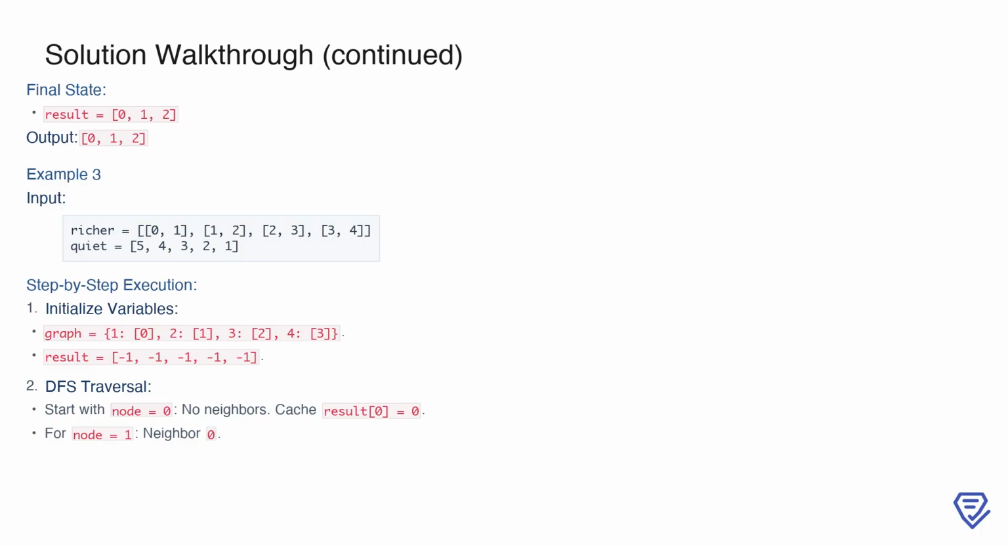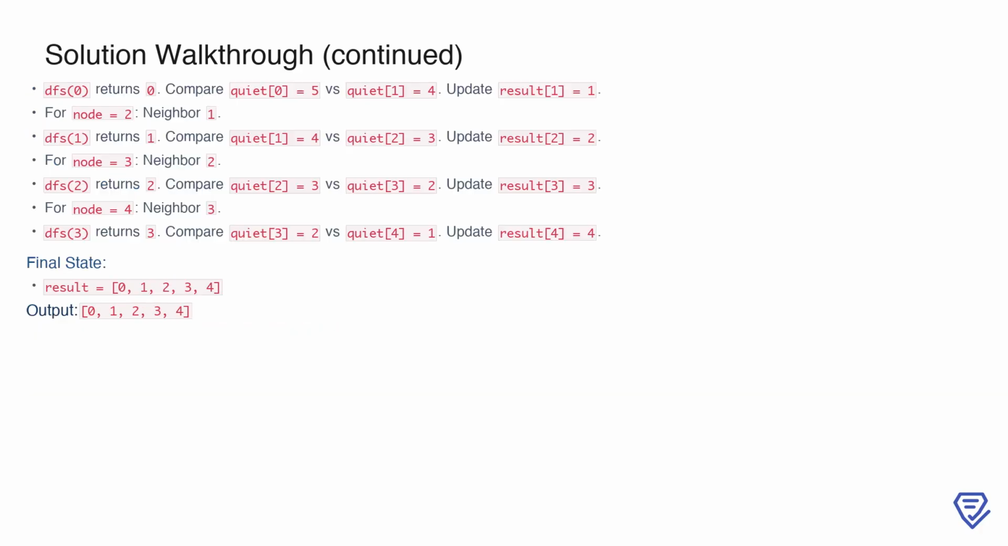Starting with node equals 0, we see it has no neighbors, so we cache result 0 equals 0. For node equals 1, we observe it has a neighbor, node 0, so we call DFS 0, which returns 0. Comparing the quiet values quiet 0 equals 5 and quiet 1 equals 4, we update the quietest person to node 1 and cache result 1 equals 1. For node equals 2, its neighbor, node 1, requires DFS 1, which returns 1. Comparing quiet 1 equals 4 and quiet 2 equals 3, we update the quietest person to node 2 and cache